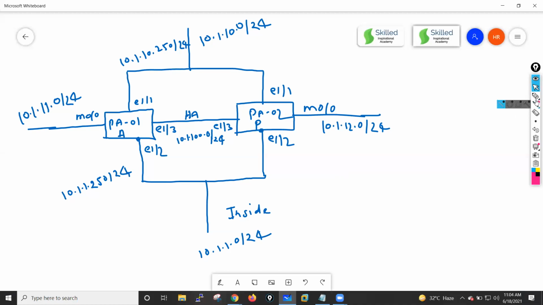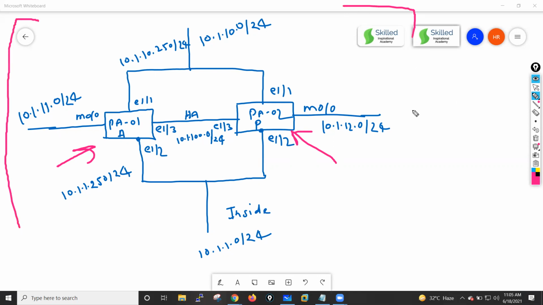Hello everyone. So today we are going to discuss how we can implement Palo Alto Firewall in AWS Cloud in active passive cluster. Okay. So I will start from scratch and we will try to build this kind of topology. First I will install one Palo Alto Firewall. I will install another Palo Alto Firewall, which is the second firewall, and I will make Ethernet 1/1 interface of this primary firewall